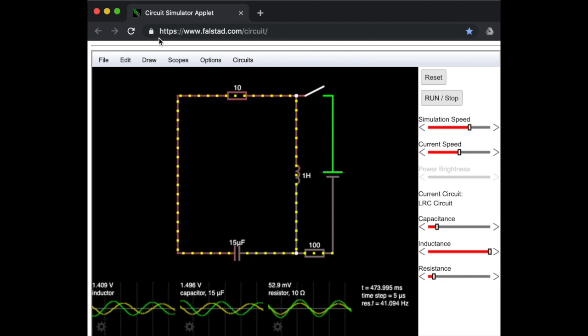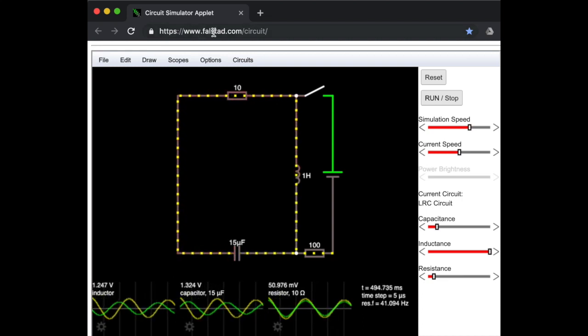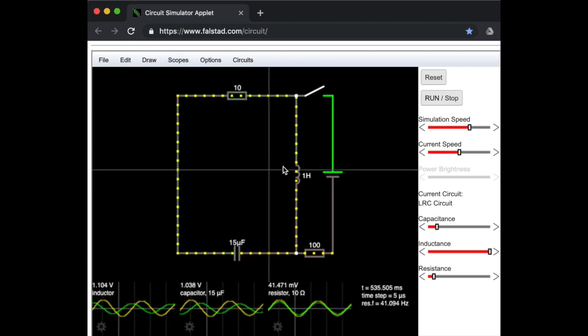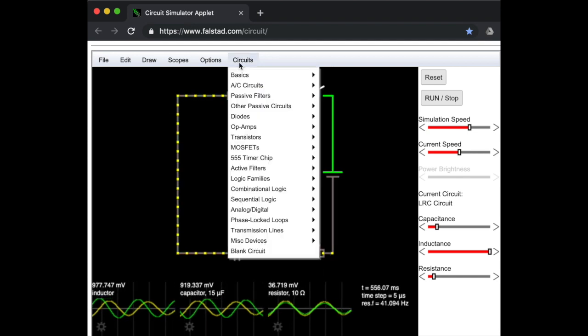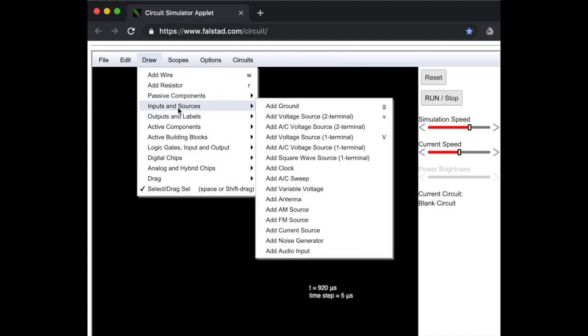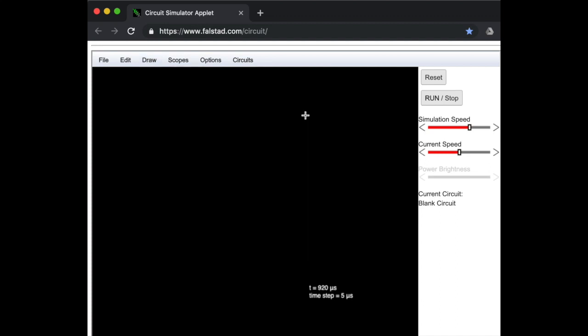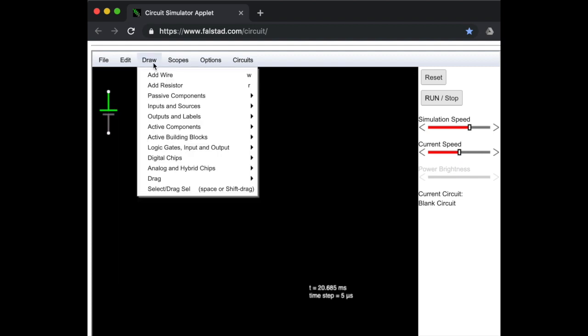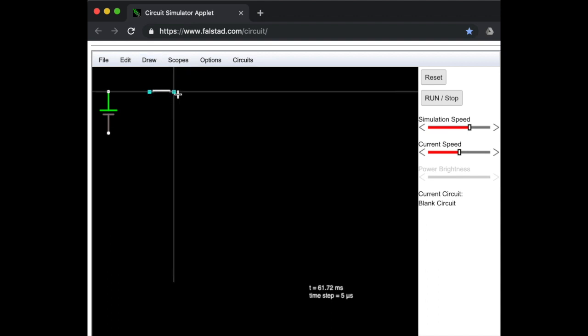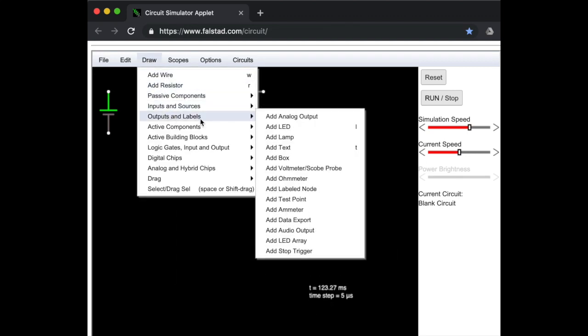At this address you can find the free online circuit simulator. The web page loads automatically with an LRC circuit, let's remove it, and build our own circuit. First we need a voltage source, could be a battery, adding a switch, adding another switch, adding an LED,